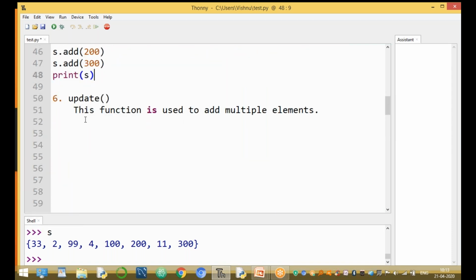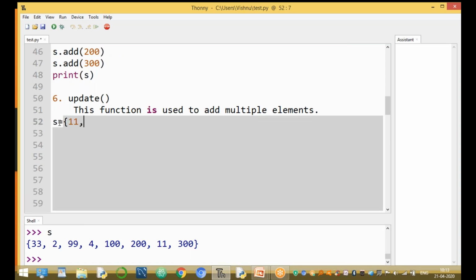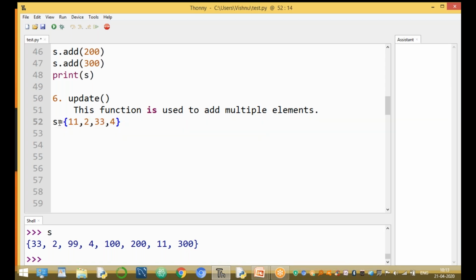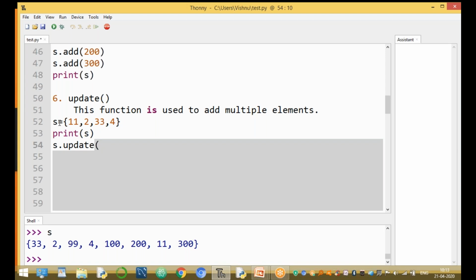And next we move to the function to add multiple elements. Here s equal to 11, 22, 33 and 4. These are the set elements. Print the original value of s, and add the multiple elements. s.update of the multiple elements.